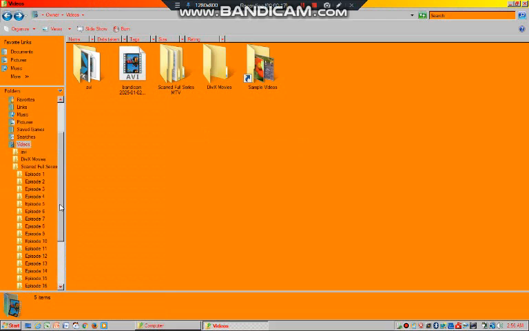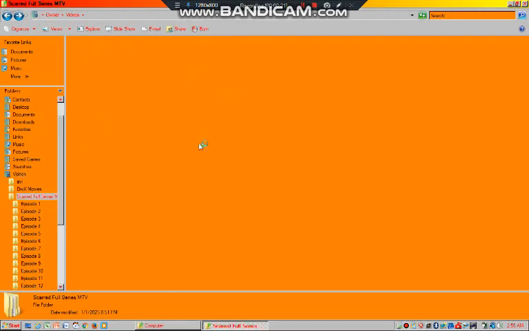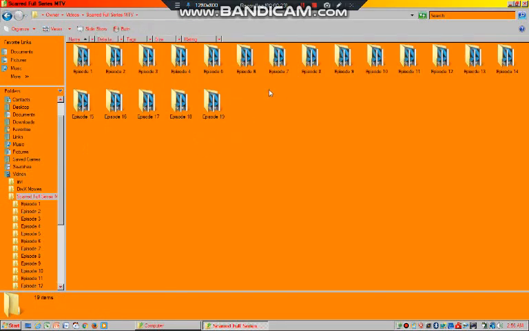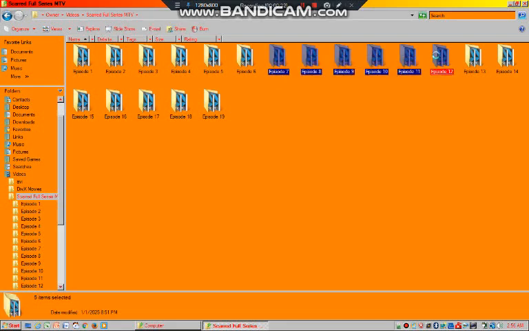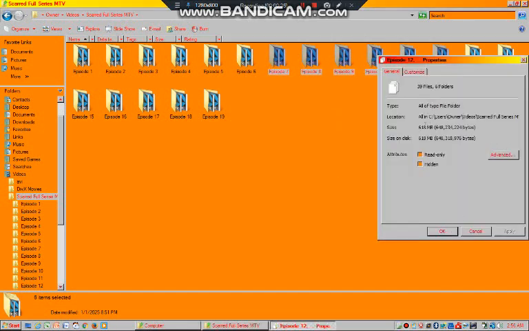and then go to wherever your videos are, and you can press the folder, if you have it in a folder, and then you can select them, like this. Say you're going to burn all these right here. And then right click and then go to properties. You can see how much it is, how much will fit in your CD. Usually CDs are like 700 megabytes, so this is going to fit on there, but I would like to fit